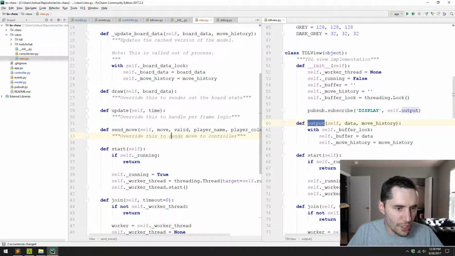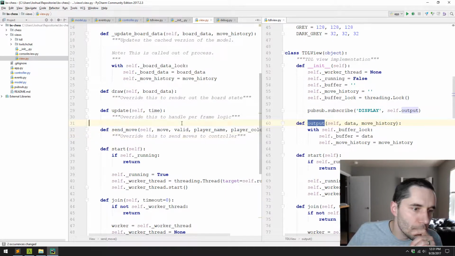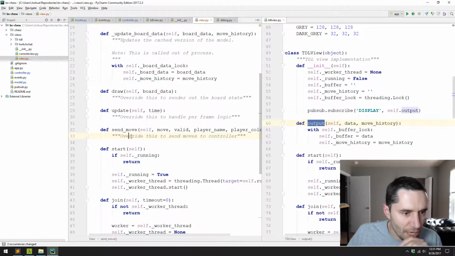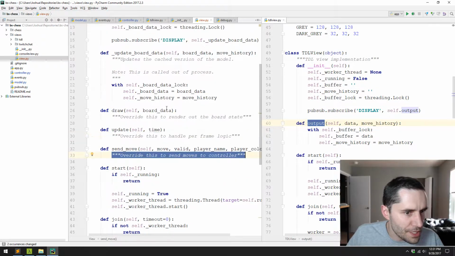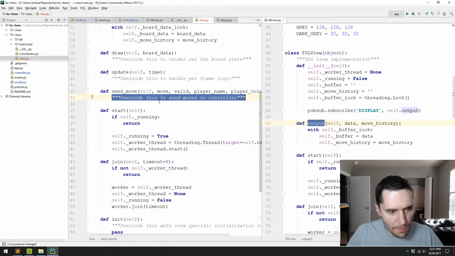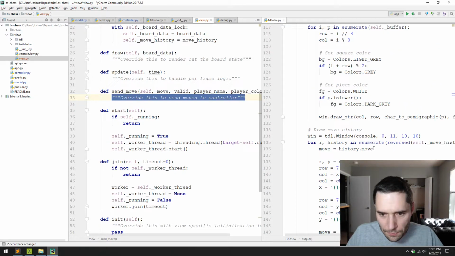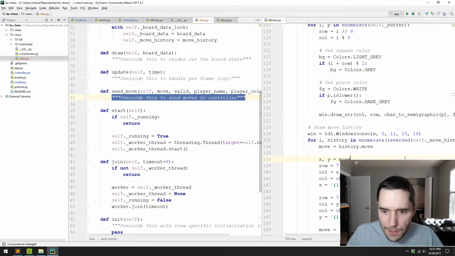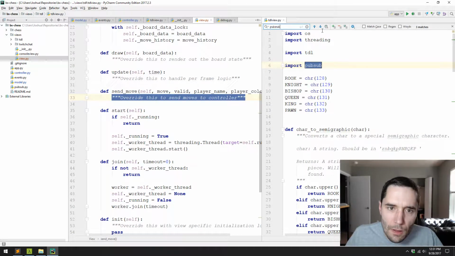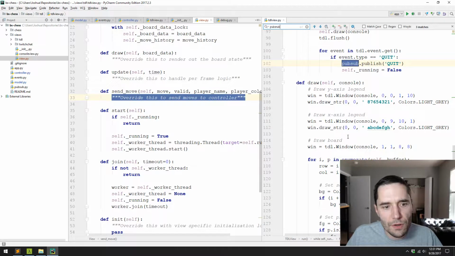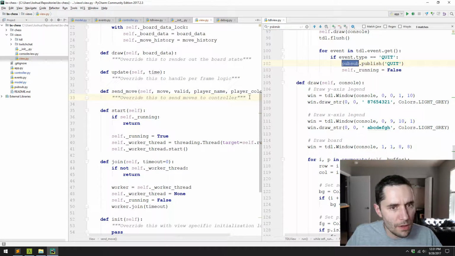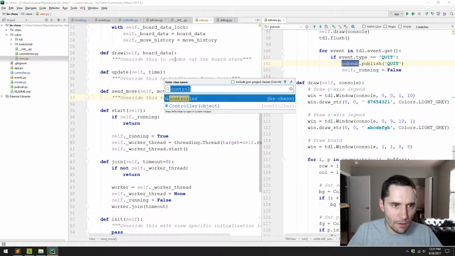Override this to send moves to the controller. Actually, you shouldn't override this. This is a Joshua task, right? Because this also needs to be threads. Well, this is a pub sub thing, so we just need to push. How do we do it? Pub sub. Display, publish, quit. Oh, there's no actual publishing here. How do I do it in Twitch